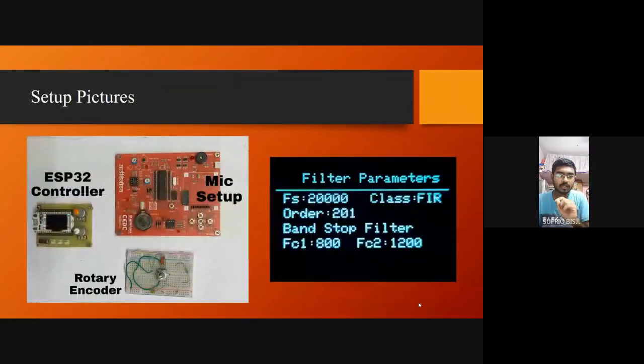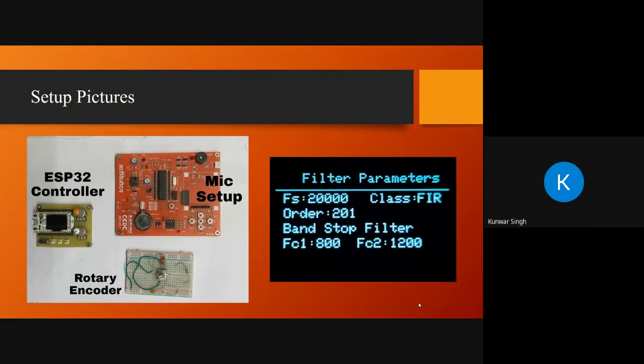This is a low-cost ESP controller, but it has pretty much the same characteristics. Just the sampling frequency of the ADC is less. The analog-to-digital converter of this controller has some speed limitation, sampling at around 150 kilohertz. So the specification of the ADC is the main bottleneck for limiting the range of frequencies? Yeah, the first bottleneck is the ADC range.